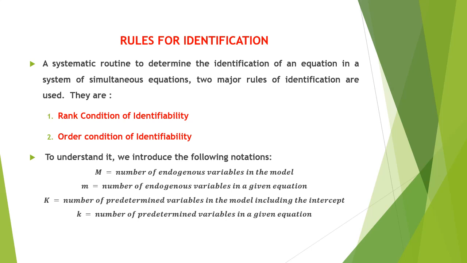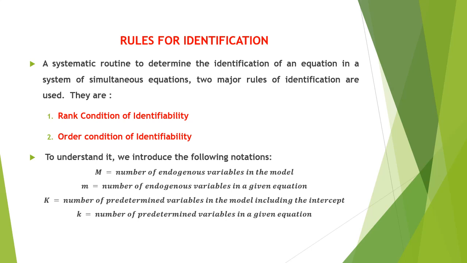Identification logically comes prior to the estimation. Once the equation is identified, the problem of inconsistent estimation can be taken care of. We say a model is identified if it is in a unique statistical form, enabling unique estimates of its parameters. If a model is not identified, then we cannot say exactly what relationship we are estimating.